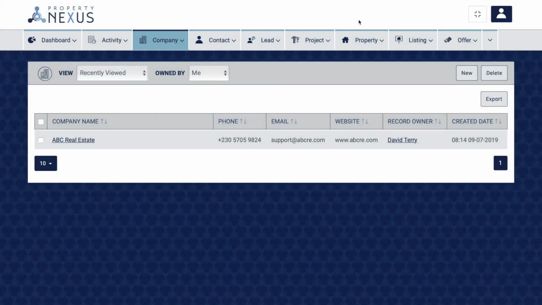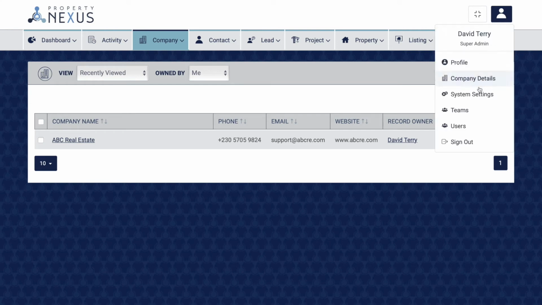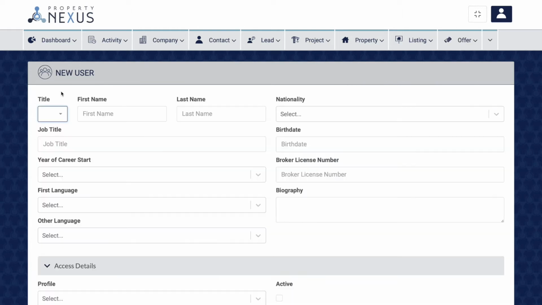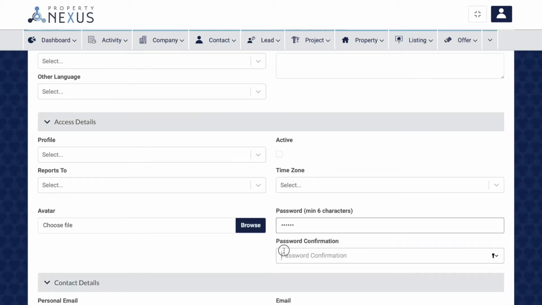You can access users through the Users tab in the Admin Profile menu. To add a new user, click the New button at the top right of the screen. For you to be able to save a new user record, you must fill in the name, password, password confirmation,